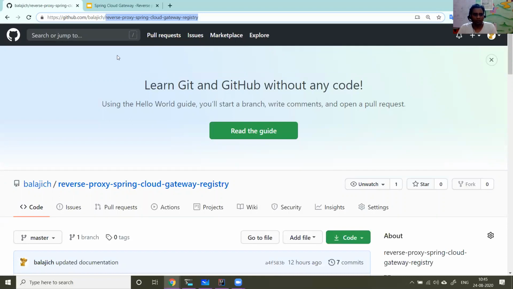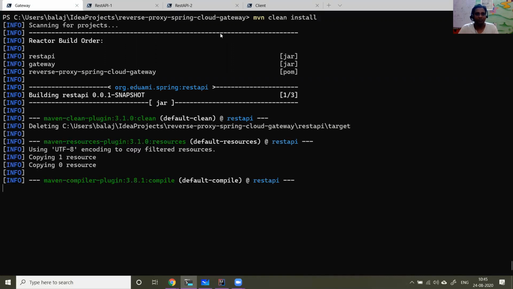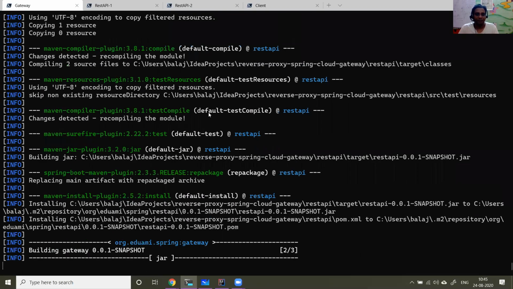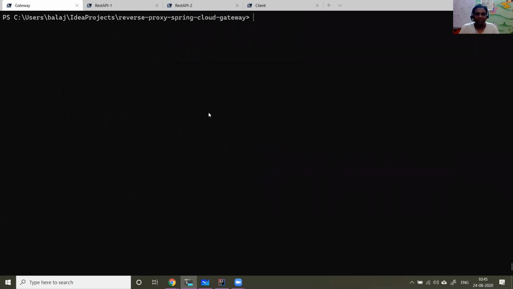You can clone and play with it on your laptop very easily. Okay, so now I have the very basic static routing repository, Spring Cloud Gateway. It's a very simple thing: we will just build the code. When you just clone it, that's one way to build it.